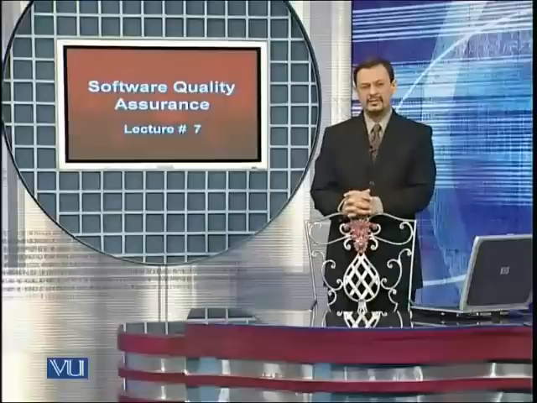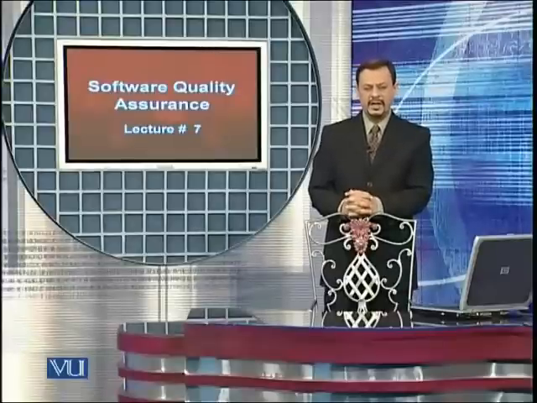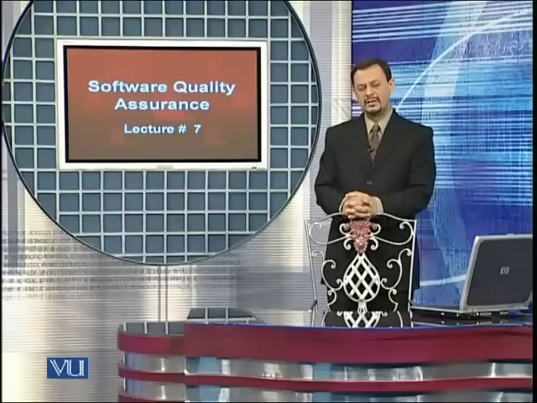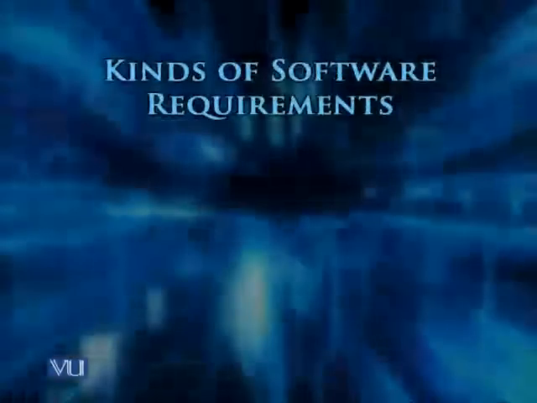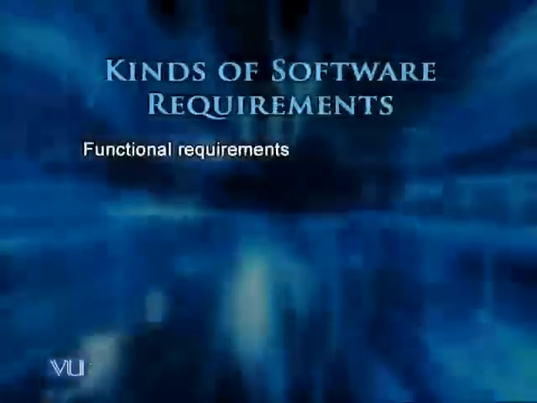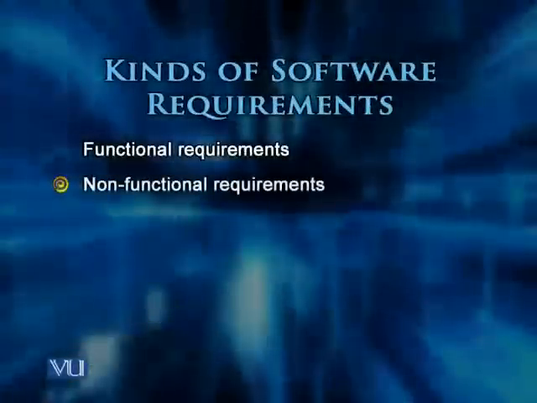What is the quality of these requirements? Are they ambiguous? Are they complete? And we will see what quality attributes are of quality assurance as they relate to requirements. Now let's talk about kinds of requirements. In the literature, requirements have been classified in many ways. I've picked up 5 of them. So I can say that requirements are of 5 types, or 5 kinds: functional requirements and non-functional requirements.